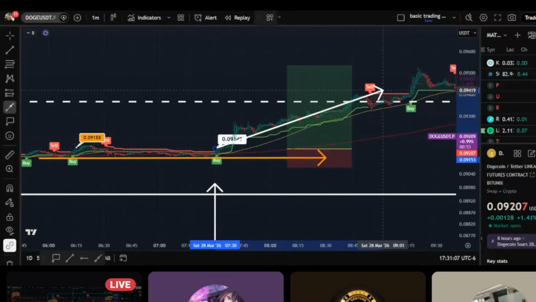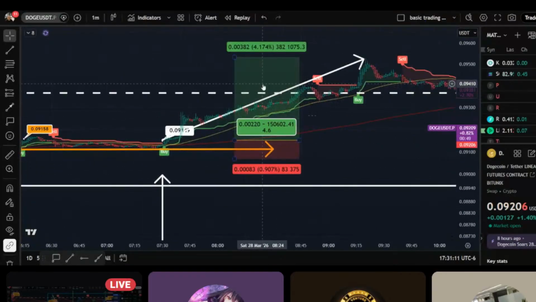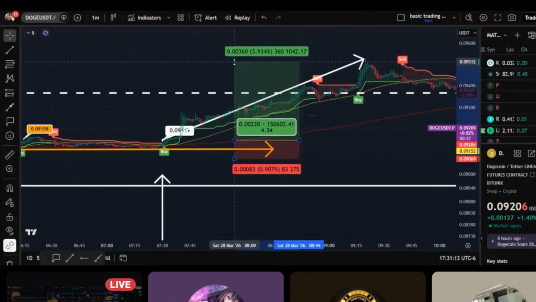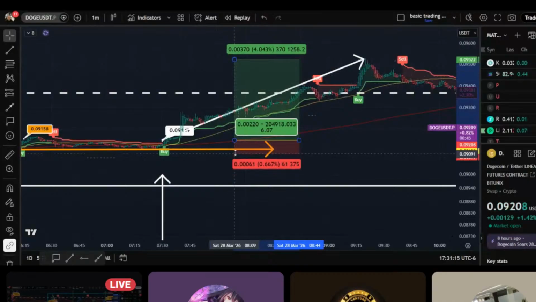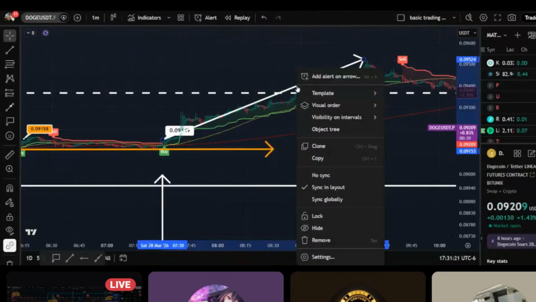This would be running about a 4% move. There we go. Okay, so that is going to give us a 4% up and a down percent of 0.3. All right, and that's your trade right there. That's the trade that you need